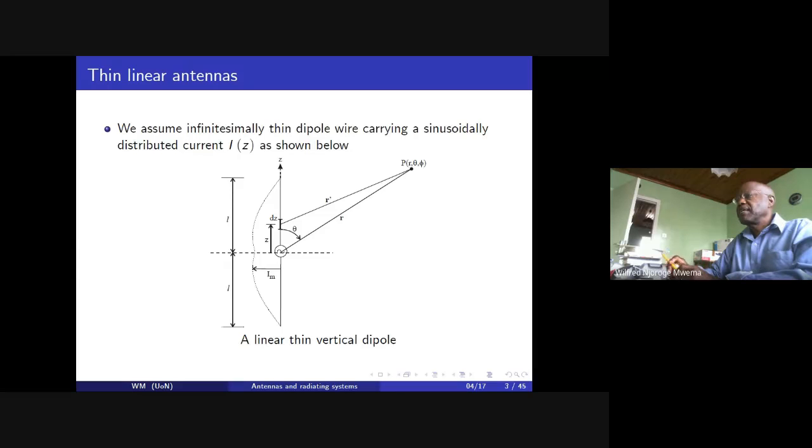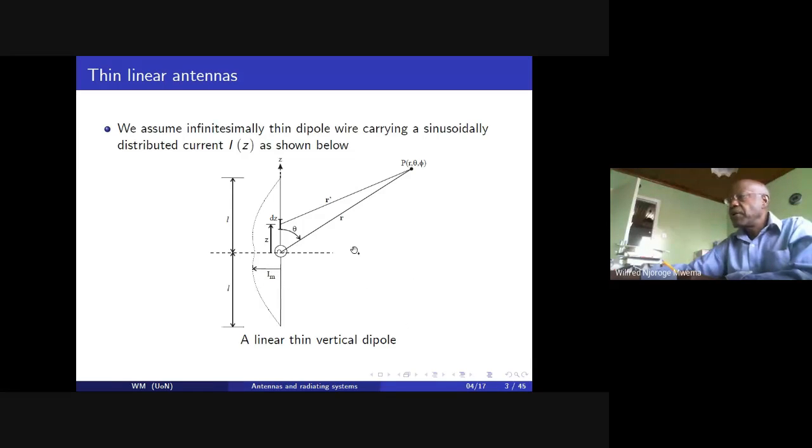So we'll assume the wire is infinitesimally thin. That is, it has almost zero radius. And the wire is carrying a sinusoidally distributed current, I(z), as shown below. That is, the current must, of course, go to zero at the ends because the ends are open-circuited. But we are assuming that the distribution is almost sinusoidal along that arm, and also the other arm itself. And it has a maximum value of Im, or that is the amplitude of the current is Im